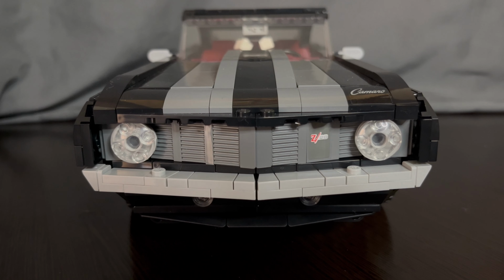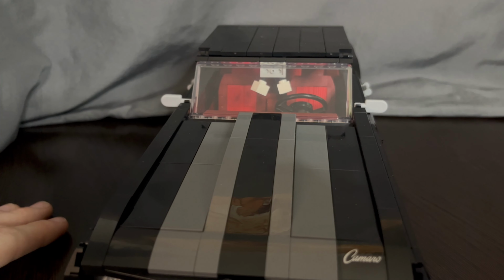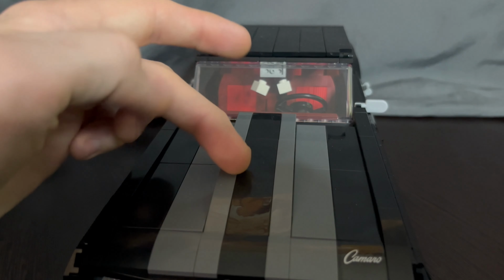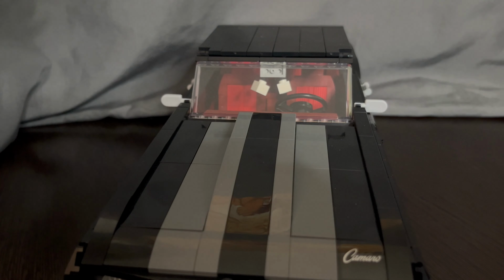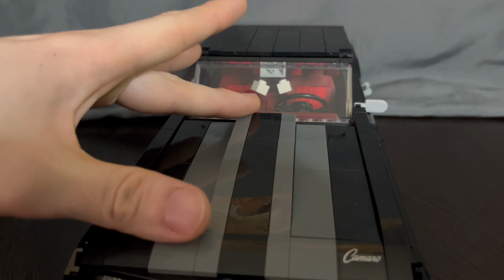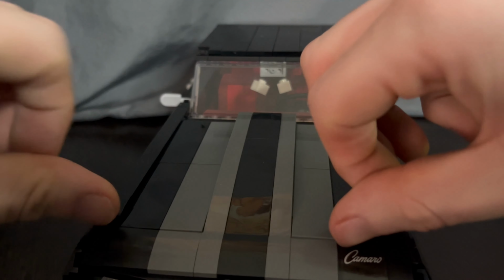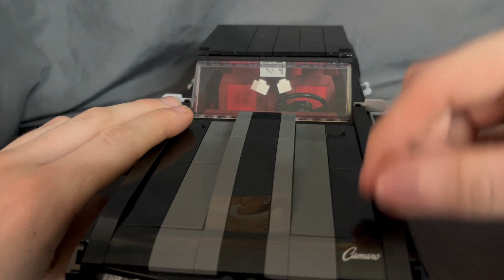Now let's go take a look underneath this hood. Now this Camaro comes complete with its own wonderful engine bay. All you gotta do is lift this hood / bonnet up, which first off has this wonderful mounted scoop on it, which just looks fantastic, looks mean, looks aggressive, and I love that it captures that look. Now my only complaint about this wonderful hood feature is that it's actually a pain in the ass to get up because there's no real way to get it from the front, which is great because it does give it a nice smooth look,